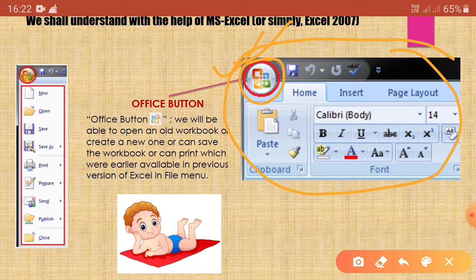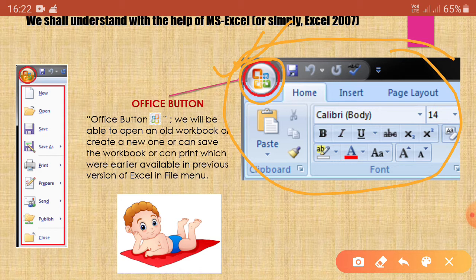So basically this button helps us to open a new workbook, save a document, print the document, send the document, close the document, and to create new workbook or worksheet.